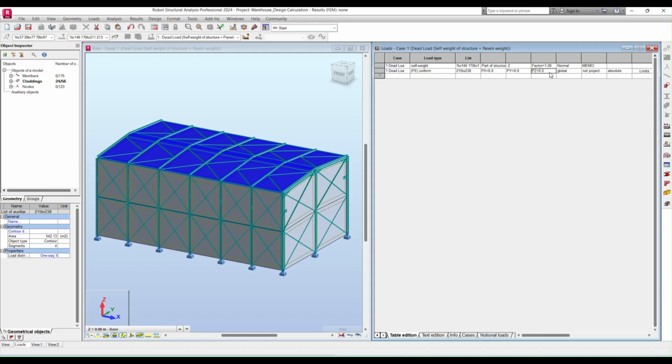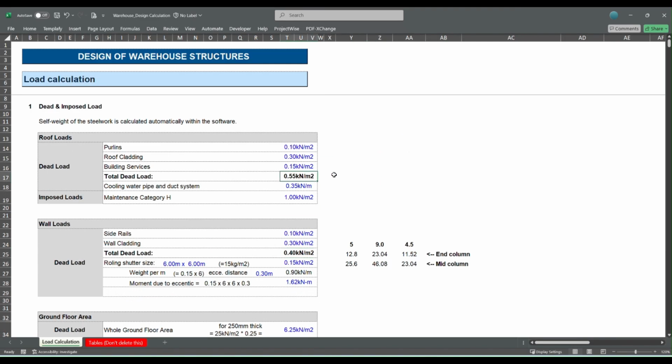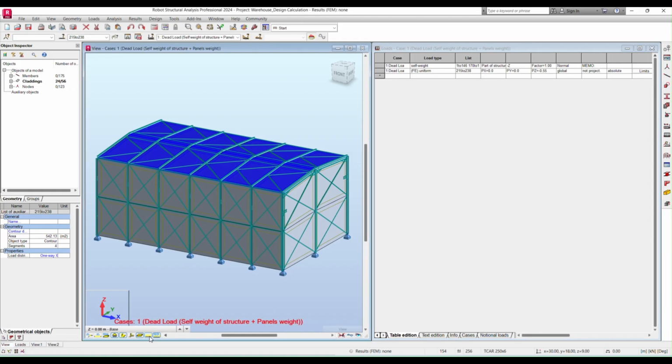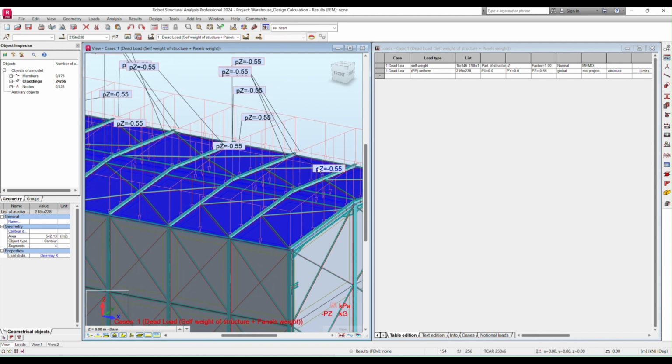Now this is in Z direction, and it is minus 0.55 as we have calculated in the Excel. So this value we have applied there. As it is downward, we are applying minus 0.55, and you can also click this load views in the